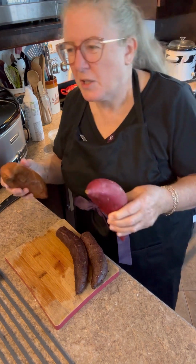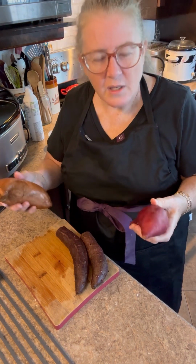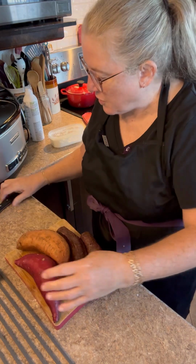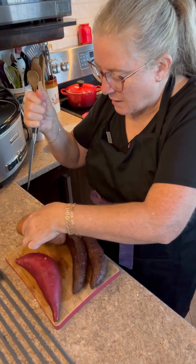If you cook them in your slow cooker for about the same length of time as you cook the meat, I'm going to cook the meat for, say, 4 or 5 hours on low, and I'm going to do the same with these. The sweetness within these sweet potatoes just accentuates, and they're delicious. Now you can use a skewer, or I just use a knife just to make a couple of